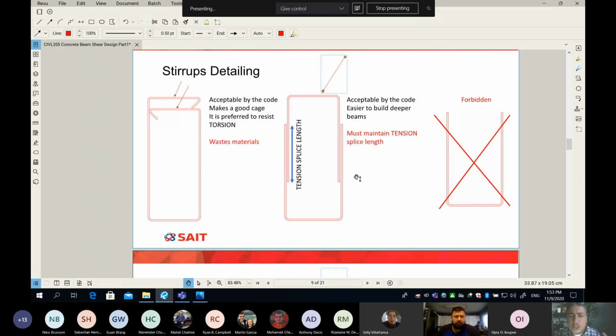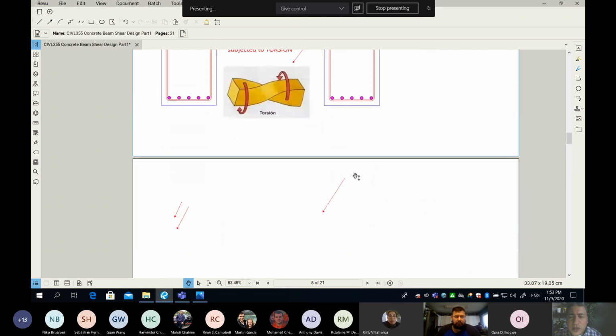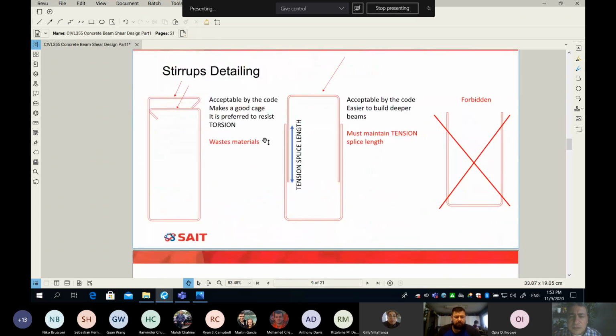We, as designers, start from this and give them this on the drawing, and they ask us if we can simply replace it with this. You know why? Because it's super easy to build. If you have some experience, you'll know what I mean. Two inverted U shapes are very simple to build, because you put the bottom rebar, and next you put the top rebar, and then you close it with the U bar. The only